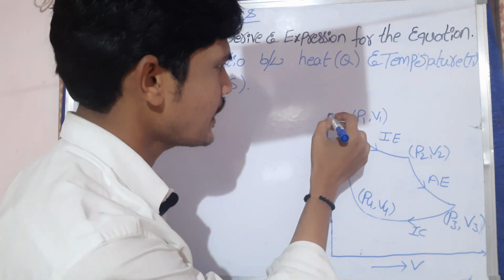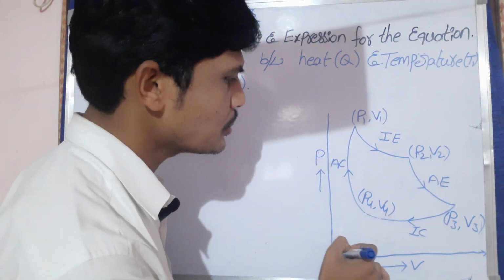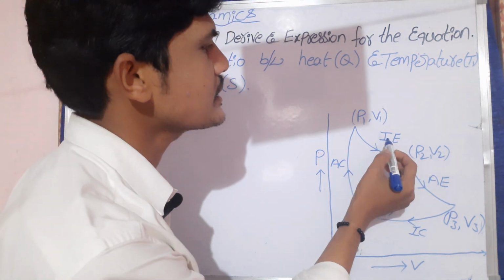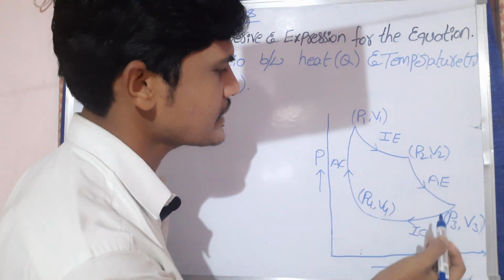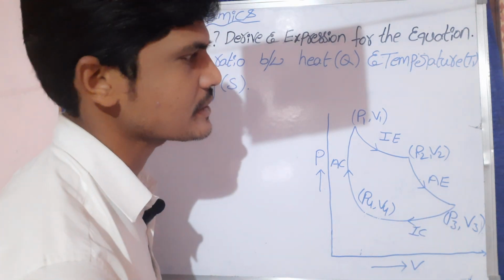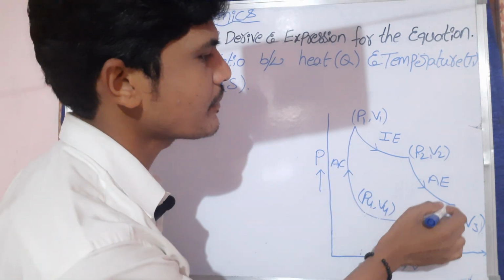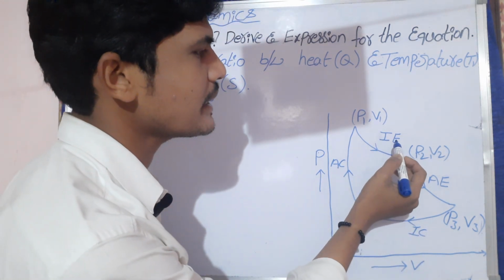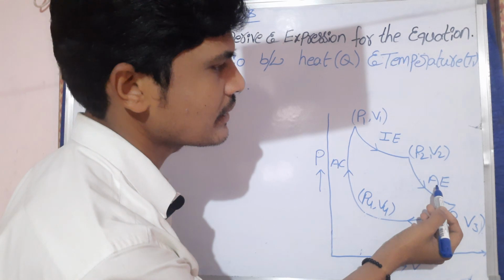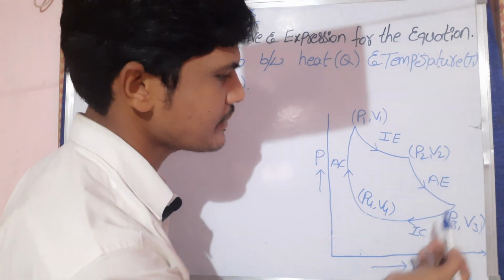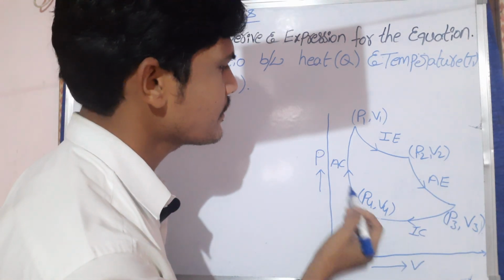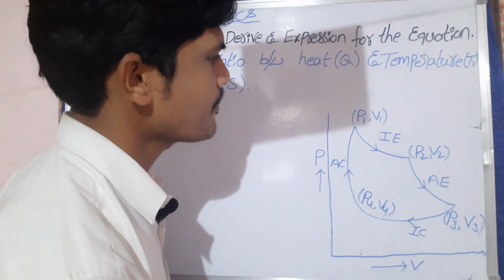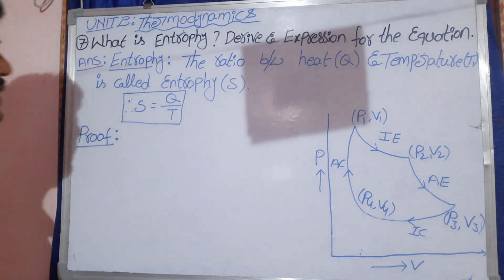This is the entropy difference between two temperatures. The first is the isothermal process and the second is the adiabatic process. This cycle has four stages: isothermal expansion, adiabatic expansion, isothermal compression, and adiabatic compression or contraction. First of all,